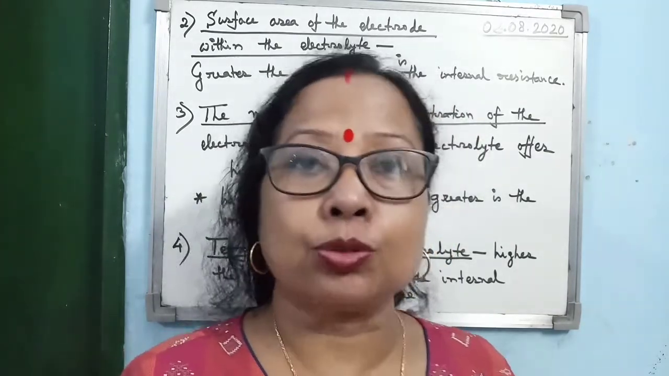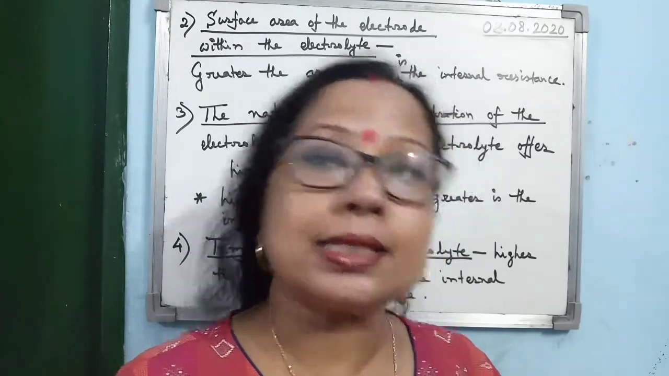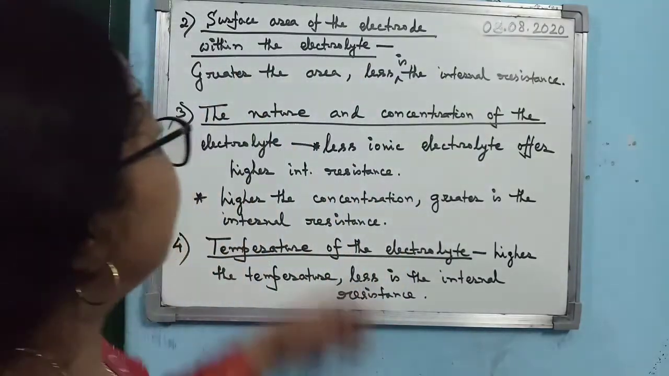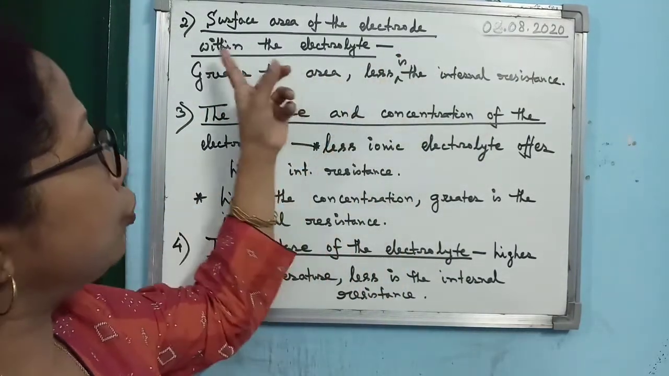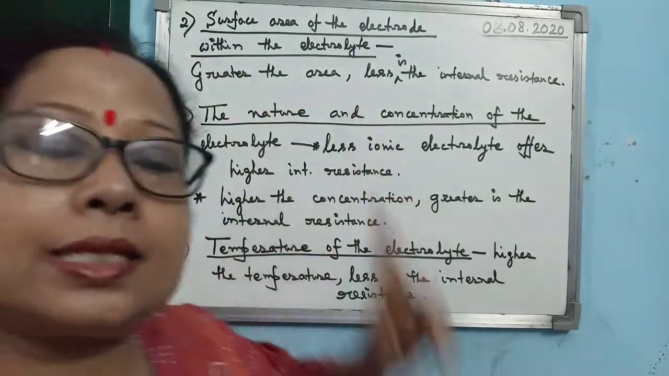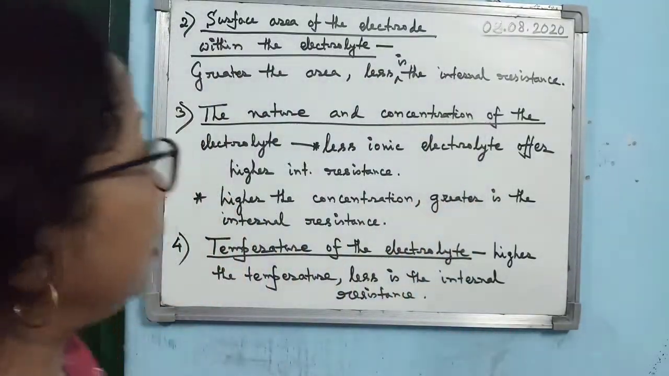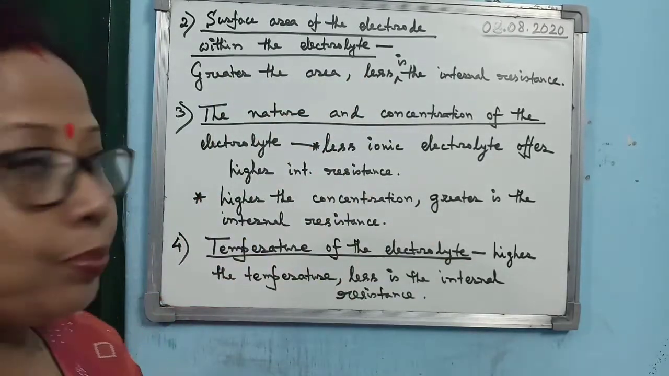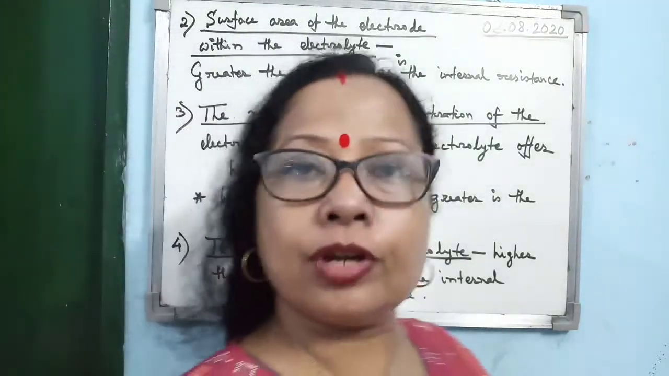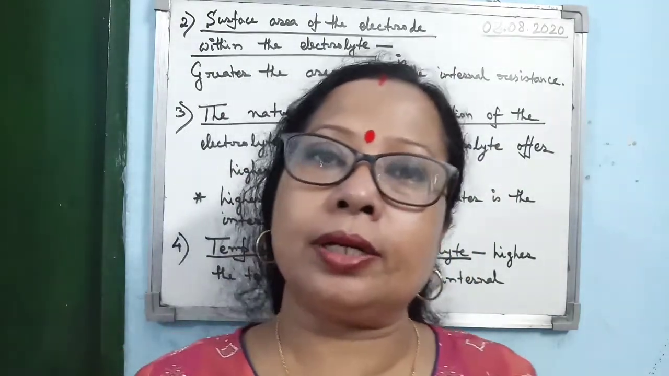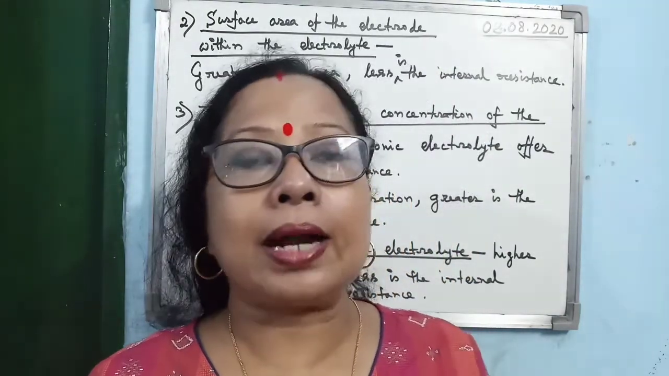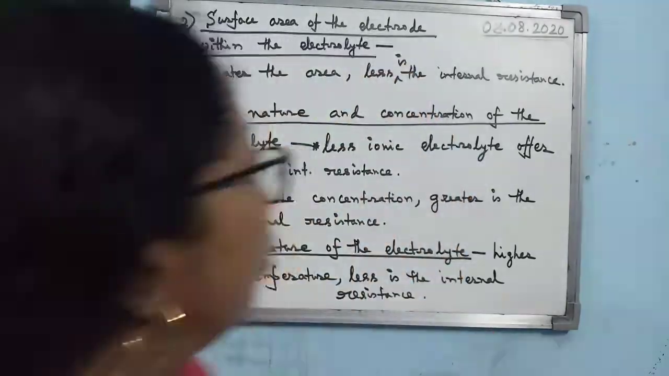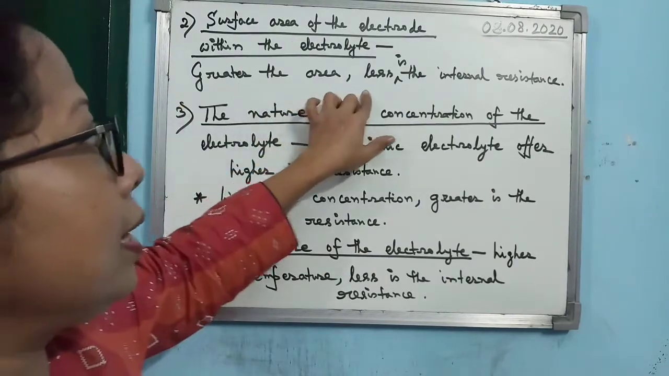So when current is more, then what will happen to the resistance? Resistance should be less. So we say greater the area of the electrode within the electrolyte, less is the internal resistance. Here I have not written what is the cause, but verbally I am discussing. Those who are interested in extra information can note it down elsewhere, but for the exam, those who are trying to write down, they only write down this, that greater the area, less is